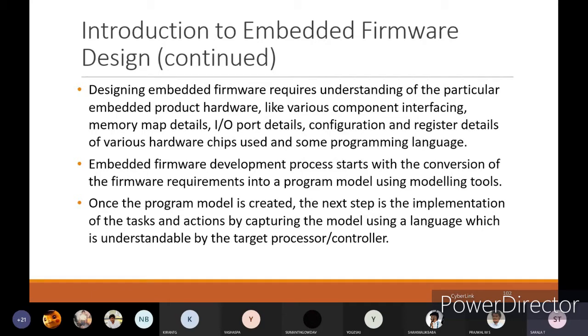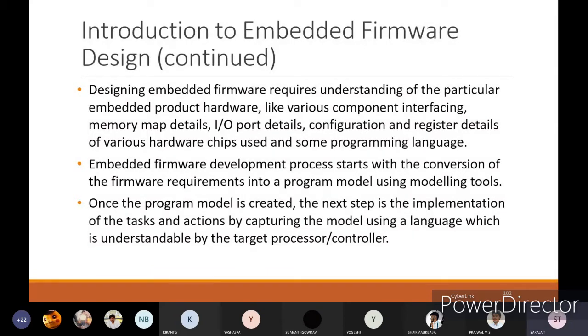If I am writing the program for my ARM controller, as we have done already in lab, or writing the program for a microcontroller in assembly level language, or in embedded C, any type of programming we can write using the modeling tool and implement into the hardware. Then it will be generated as firmware.